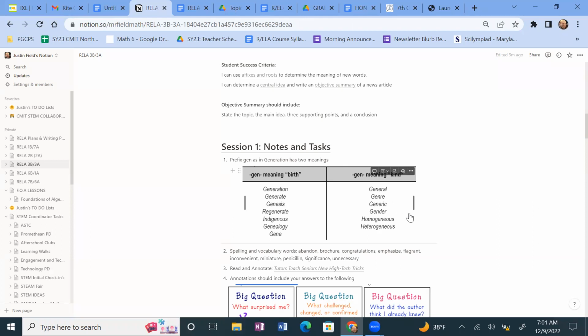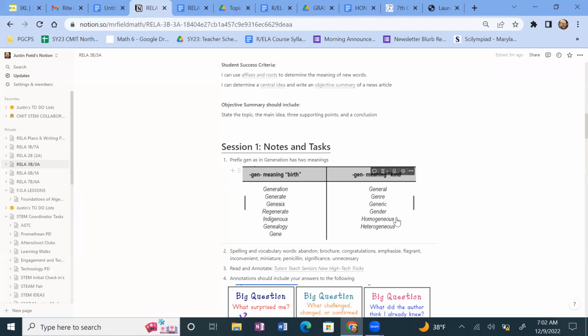Gen meaning kind. So a specific kind of something is another place we see the prefix gen, as in general. It's a general thing that's basic or common, right? Genre. Everybody say genre quietly to yourself. Generic, gender,